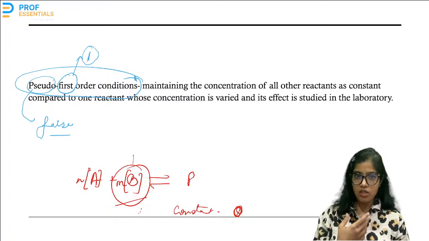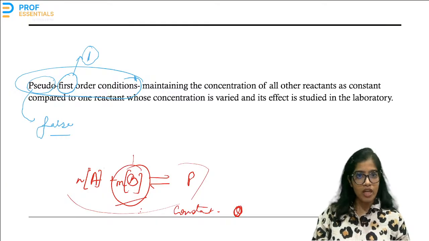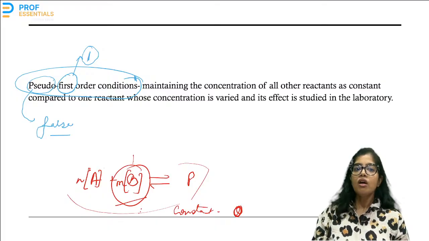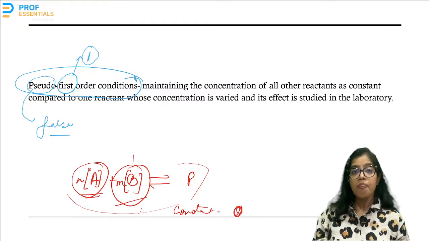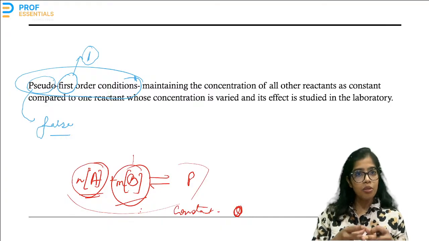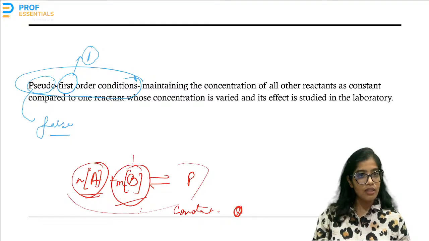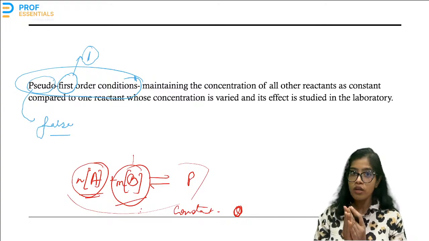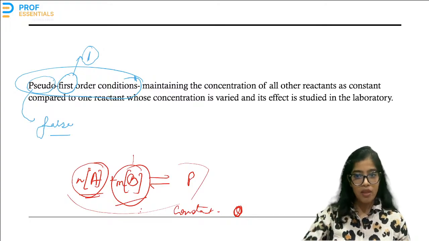Okay, if there's no rate of change, then it is not going to affect the rate of the overall reaction or the order of the overall reaction. And what is going to affect the order of the overall reaction? It is going to be the concentration or the order of this reactant which we are studying. So to study the various conditions affecting a particular reactant, we need to place them under pseudo first order conditions. Okay, understood?